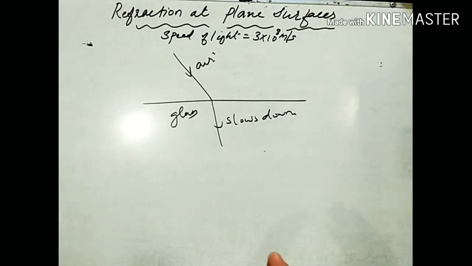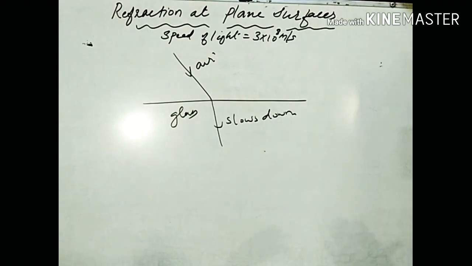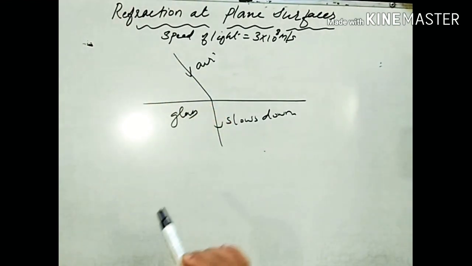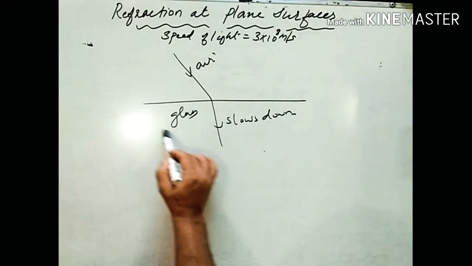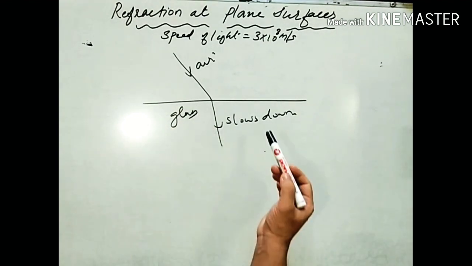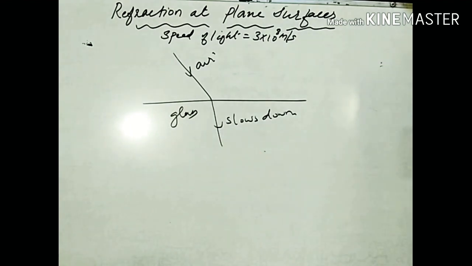Even some of you may lose balance and your direction also may change. The same thing happens here in case of light. So when light travels through the air or vacuum very smoothly without any obstruction, suddenly any other optical medium such as glass, water, or any other transparent optical medium comes, it slows down. There is a change in speed of light.